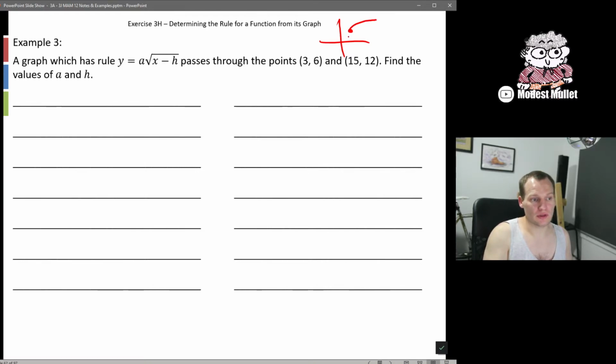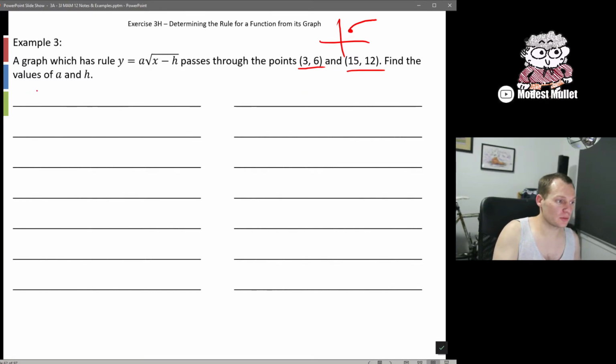Now, we're not told anything about that, so we can't infer h from this. We can't infer k. We're just told it goes through these 2 sets of points. So we just have to substitute in and again solve using simultaneous equations. So I'm going to sub in 3, 6, so I get 6 is equal to a square root 3 minus h,